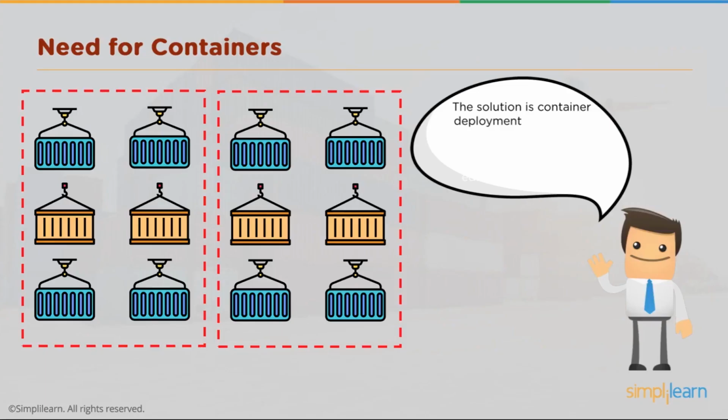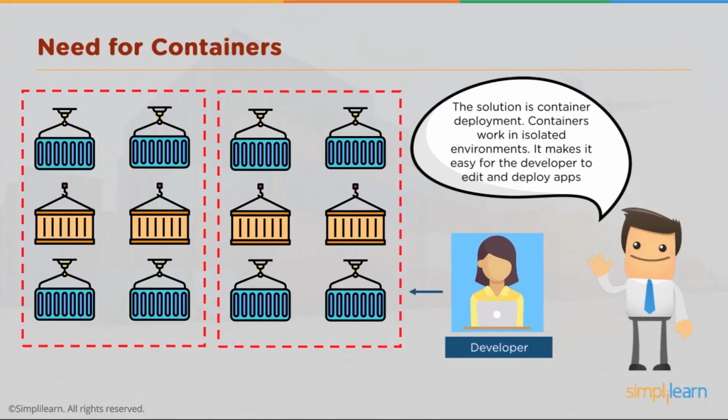So the solution to this is the use of containers. You can think of containers as that natural evolution from 15-20 years ago. You would have written your code and posted it to a data center. More recently, you probably posted your code to a virtual machine and then moved the virtual machine. Now you actually just work directly in a container, and everything is self-contained and can be pushed out to your environment. The thing that's great about containers is they're isolated environments, very easy for developers to work in, but it's also really easy for operations teams to move a container into production.